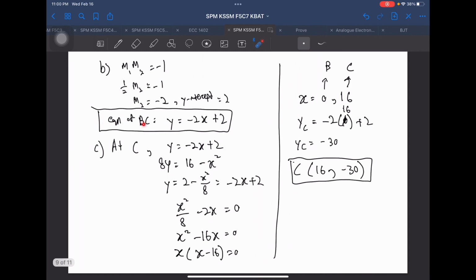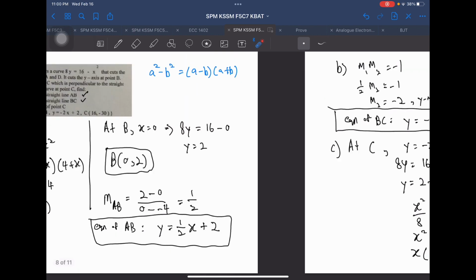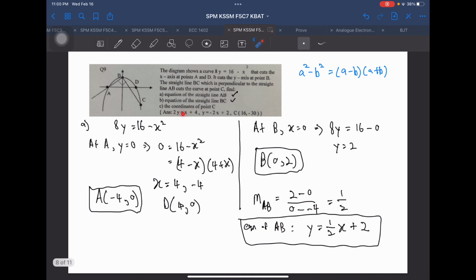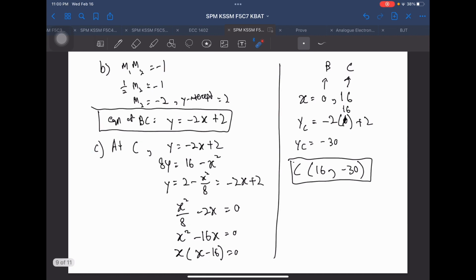Okay, so you know that the equation of BC is y equals mx plus c. Summing the value, you got this. Okay, then let's see the third question. Coordinate of C. So you know that at C, both the equation for BC and this curve are satisfied. So whenever you see the intersection point, the first thing that comes into your mind is simultaneous equation. Okay, so you got